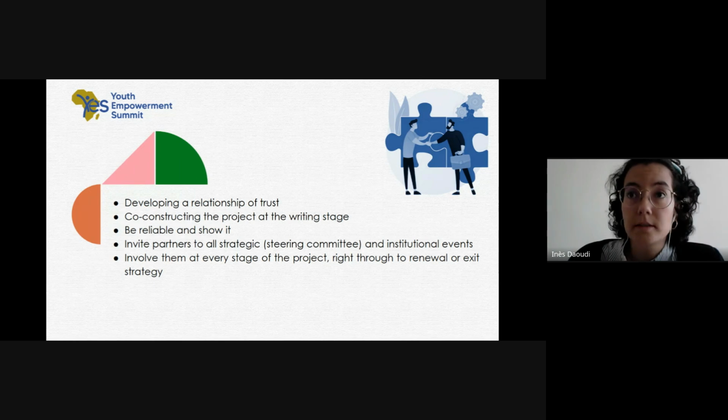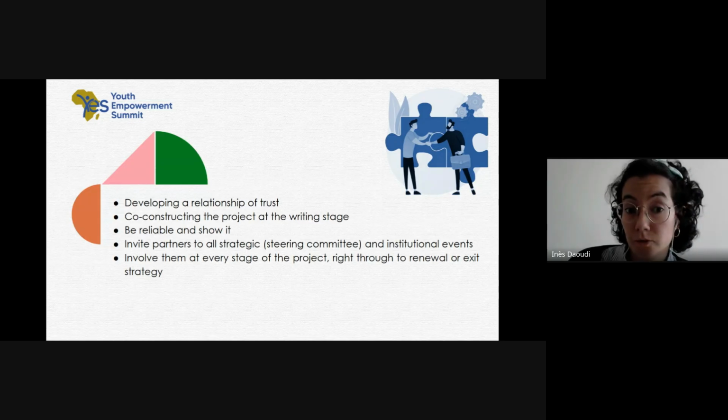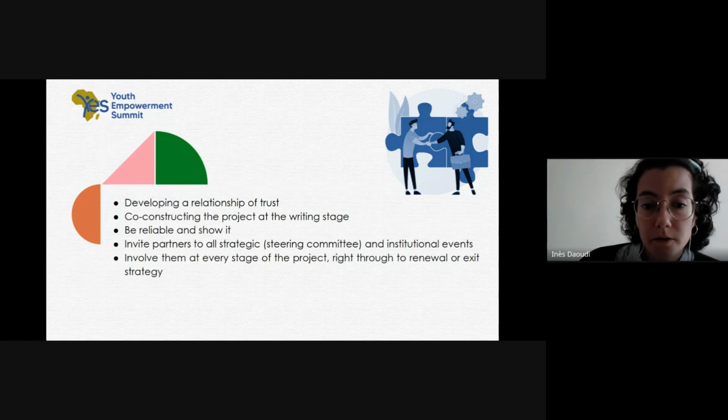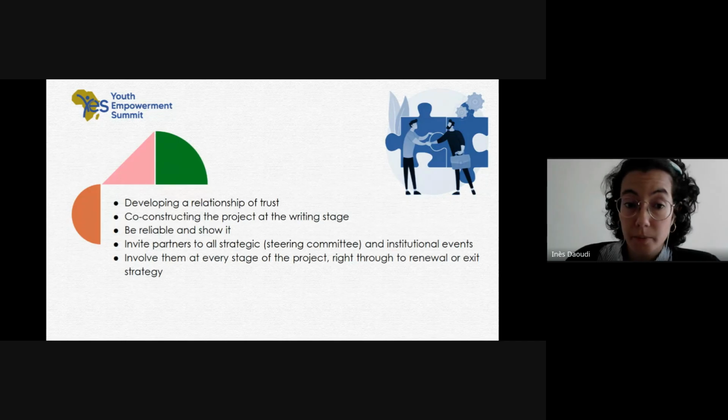It will also mean that there is a trust-based relationship. So co-construction encourages open communication, transparency, and dialogue between the organization and the donor. All of this will build mutual trust. And it is also a way to prepare the implementation. If you involve the donor from the beginning, your organization will anticipate potential implementation challenges, and it will be more ready to set up effective collaboration mechanisms.